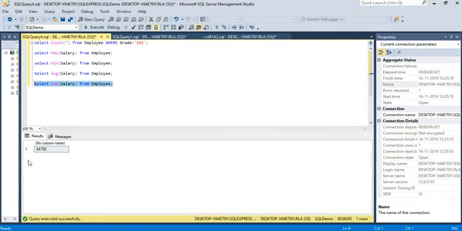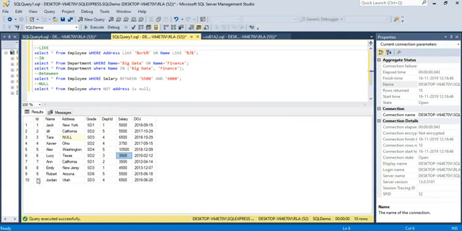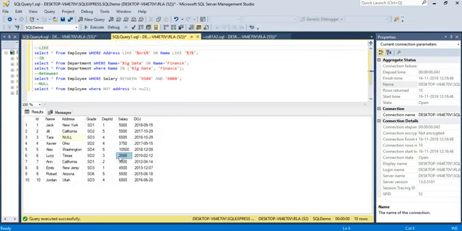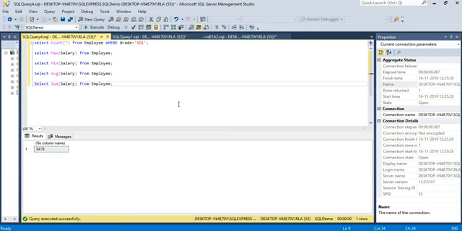Okay, so if you look at the sum of the salary, it is 54,750. So if you look at the average salary, 5475, which is sum divided by total number of records, which is 10. But is this correct value, the average salary? Because the salary here is repeated. For example, 3,500 is also repeated, and 5,500 is also repeated, and 6,500 is also repeated. So is this the actual average salary? No. So in that case, what we can do is